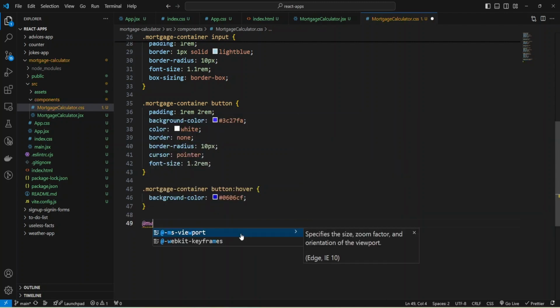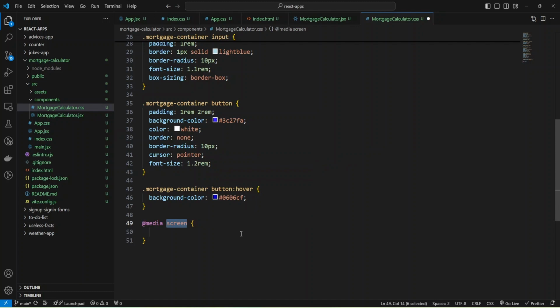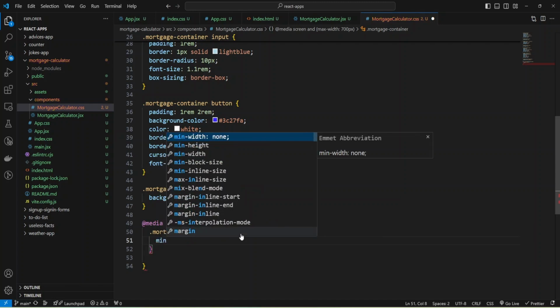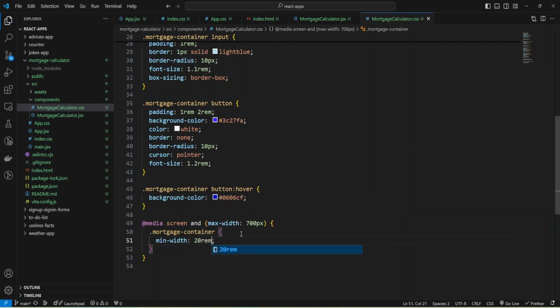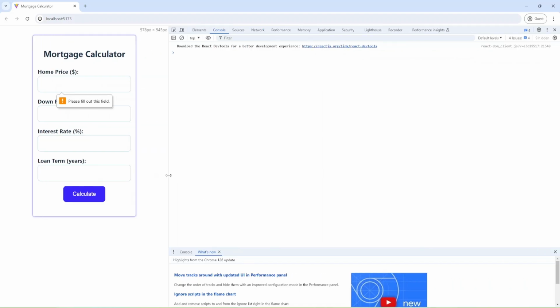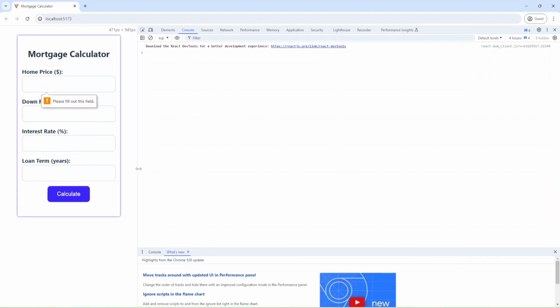I'm going to add media screen, and provide the value max width, and it will be 700 pixels, and I'm going to change min width for mortgage container, and let it be min width 20 rem, and let's check what we have. Okay, as you can see the size was decreased.